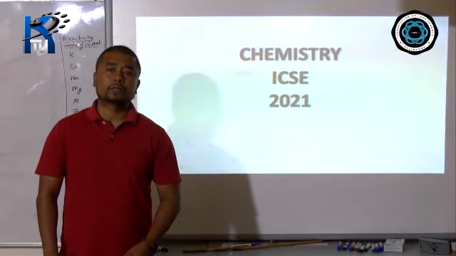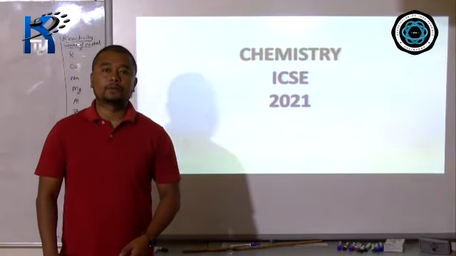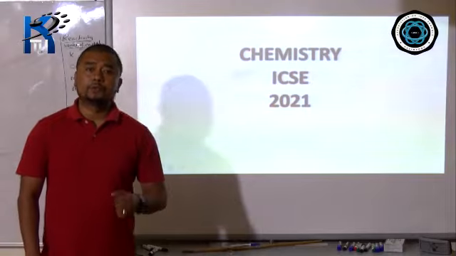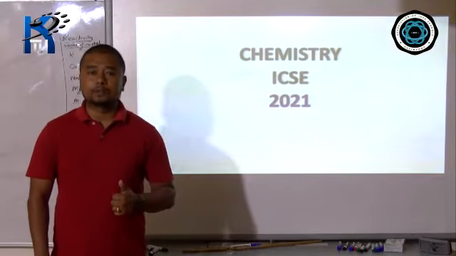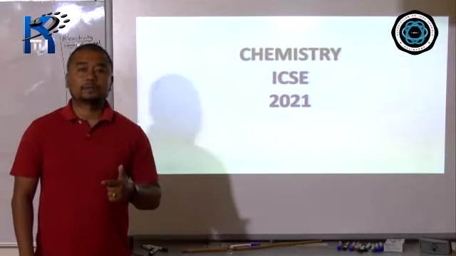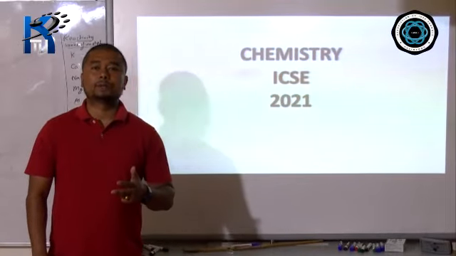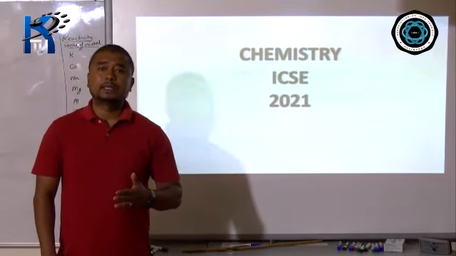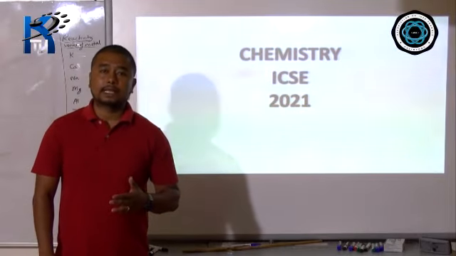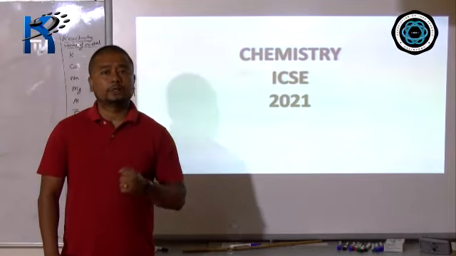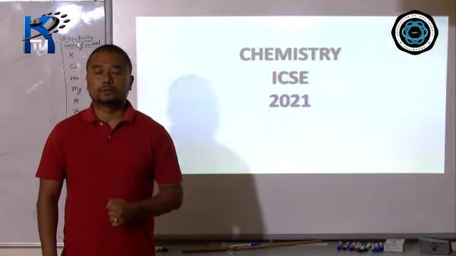And do remember, students, this property of acid is very important because it is linked with 4 chapters in your ICSE syllabus. So if you learn the properties of acid nicely, it is going to help you in the chapter called acids, bases and salts, number 1. Number 2, the chapter called hydrogen chloride. Number 3, the chapter called sulfuric acid. Number 4, the chapter called nitric acid. You even get help in organic chemistry when you study acetic acid. So therefore, this is utmost important, properties of acid, and from here every year a question comes.